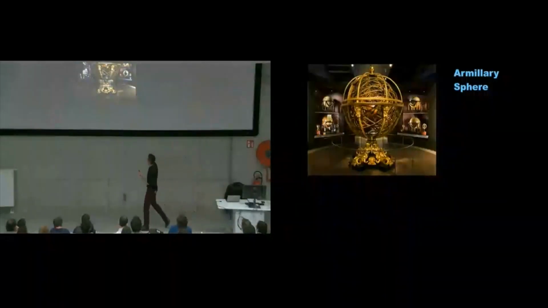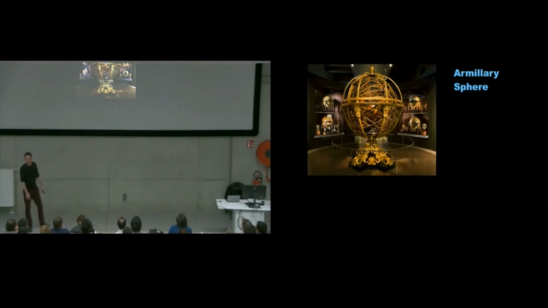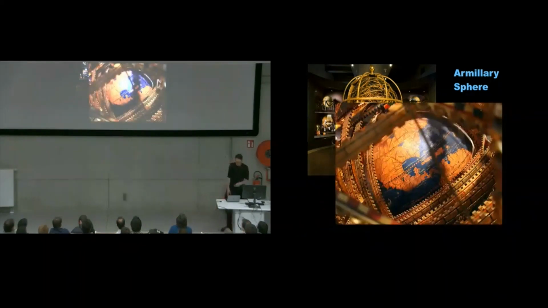The Ptolemaic system, this is a beautiful armillary sphere in Florence. I would recommend everyone check this out. This is Santucci's armillary sphere. It's absolutely beautiful. And it has this 7-layer model of the solar system and the planets. The idea here is that with the Ptolemaic system, you could model the motion of the planets as circles on circles. You would take a big circle, and then add a little circle, and then add a little circle, and if you added those all up, you would get the motion of the planets. Does that sound familiar?